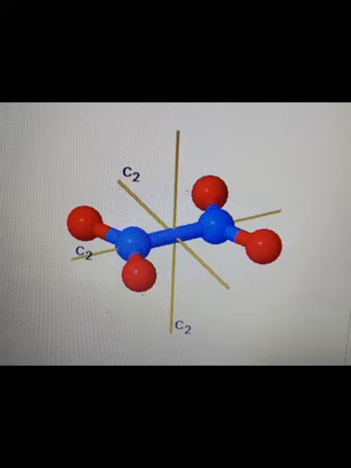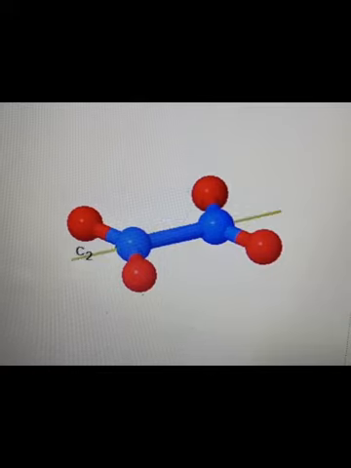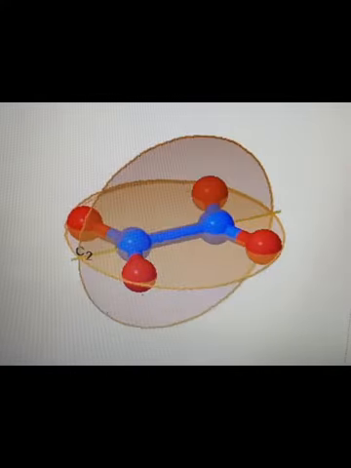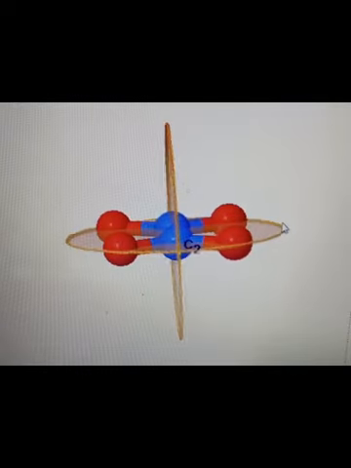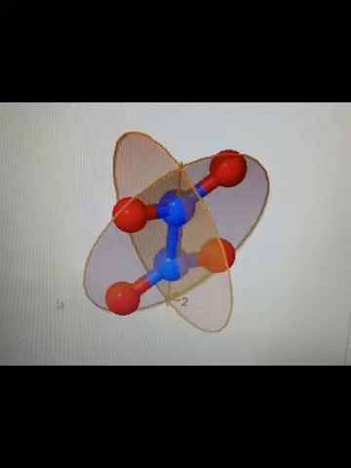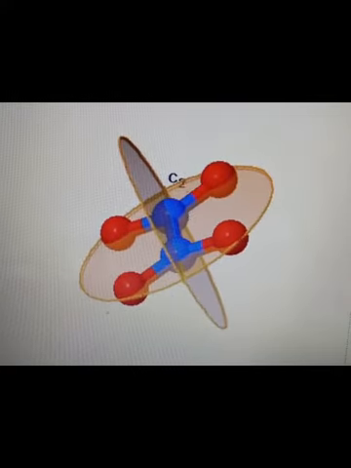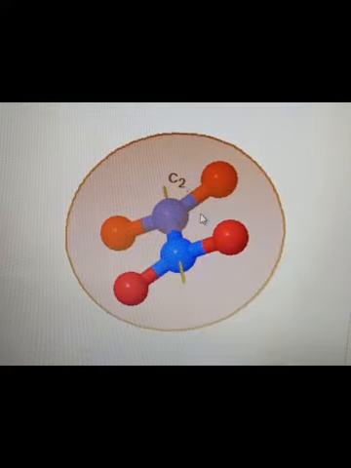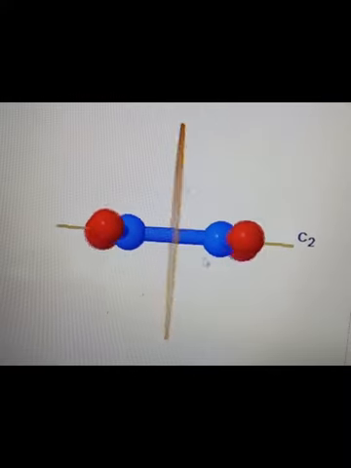Right? That is what. Next we have, it has 2 sigma V's. That is, it should be passing along the principal axis. The 2 C2s must pass along the principal axis. Then only it is called sigma V. Now you can see these are the 2 sigma V's which are passing along with the principal rotational axis of symmetry. And it also has a sigma H which should be perpendicular. You can see the perpendicular to principal rotation. Therefore, this becomes sigma H.